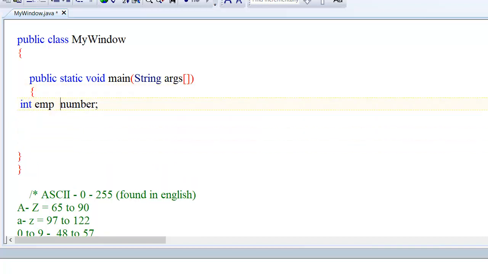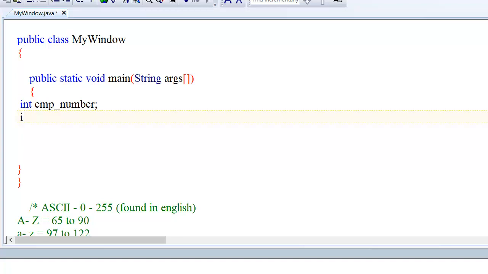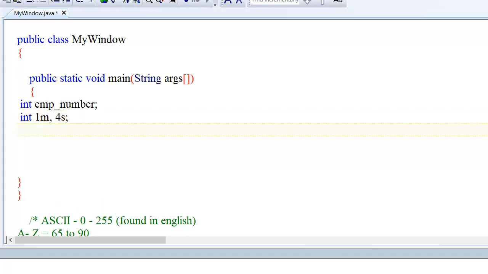For this you can use an underscore sign instead of a space, but you cannot add a space. Generally, we also write alphanumeric variables like int m1. This is possible because it is an alphanumeric variable. But we cannot write 1m or 4s.